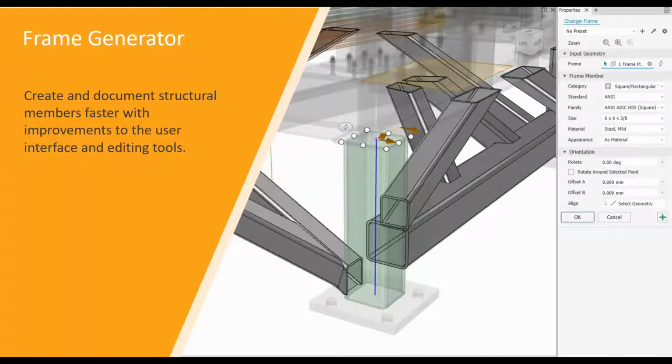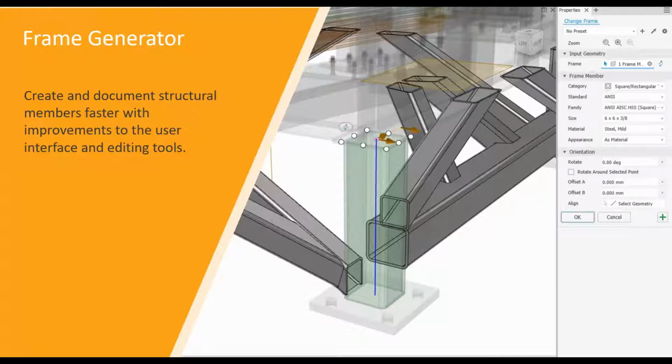So the frame generator environment, I suppose, really comes in with improvements that have been made to the file naming dialog, enabling you more detailed control of your naming schemes for frame generator components, including the ability to set the file name of the component to be the same as the display name in the browser. When creating frames, a new category filter enables you to narrow down your selection, and preset configurations now help you save your most frequently used frame settings